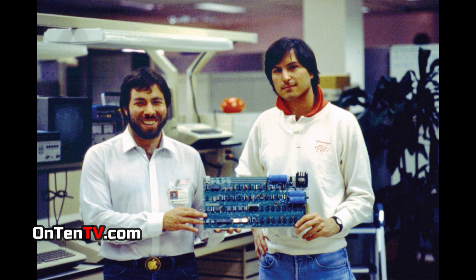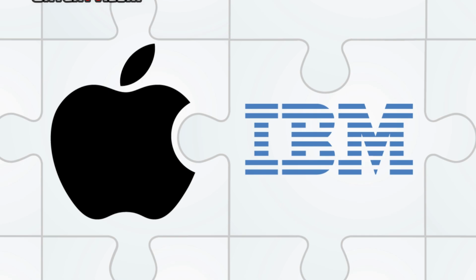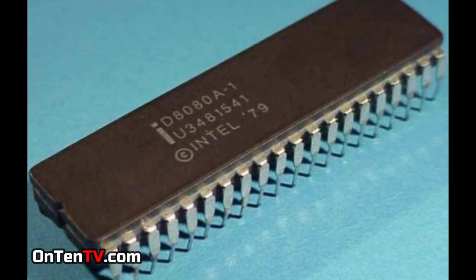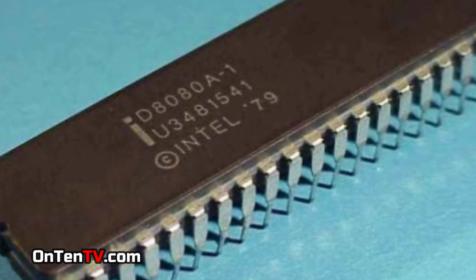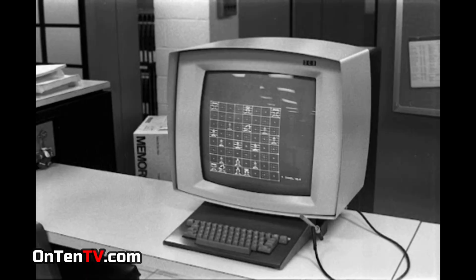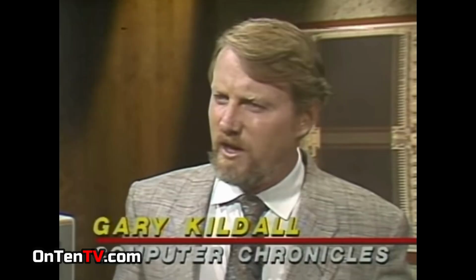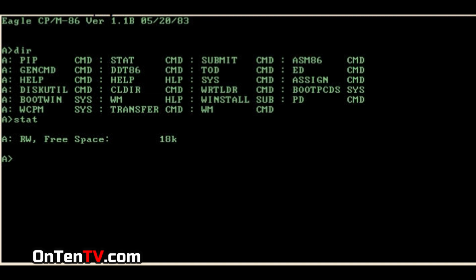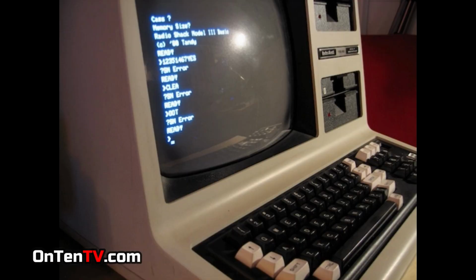In the 1980s, a new competitor joined the market, and that's IBM. And IBM was also using the 8080 processor. The computers back then had a huge problem: each computer had a different operating system and had to be programmed differently. And that's when Gary Kildall created the first operating system, so each computer could download it and all of them could use one program. After this, IBM really wanted to buy this operating system from Gary Kildall.